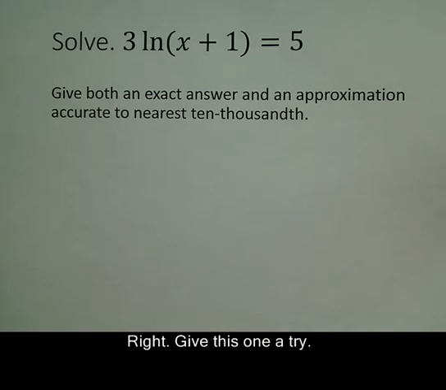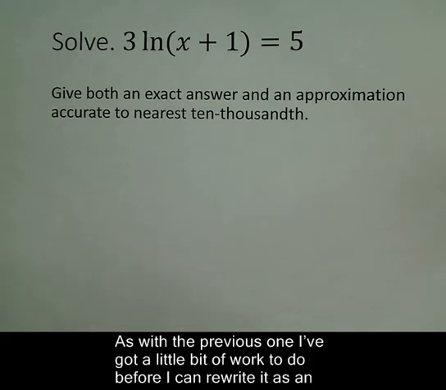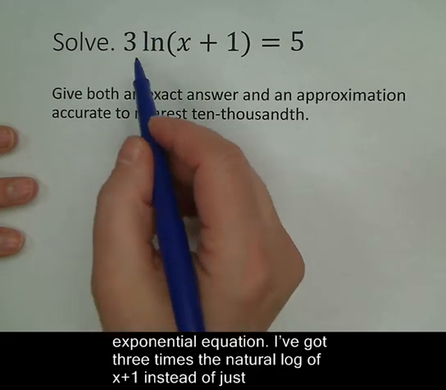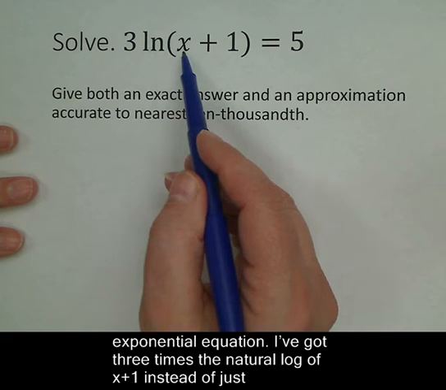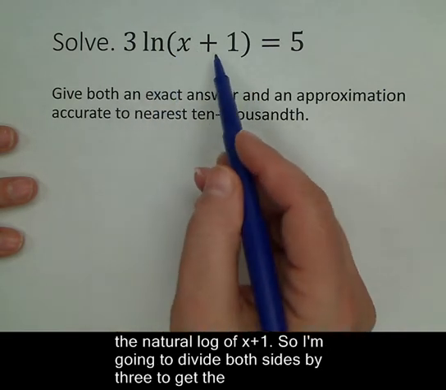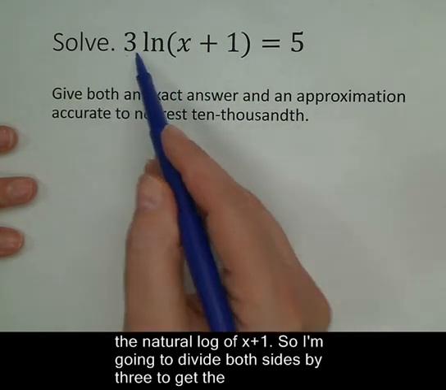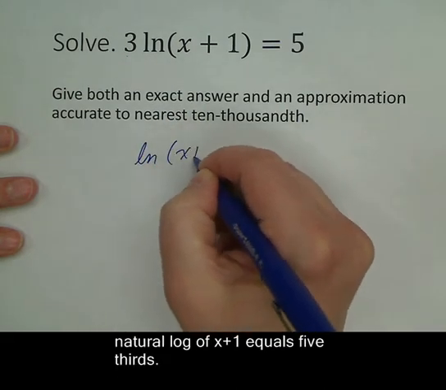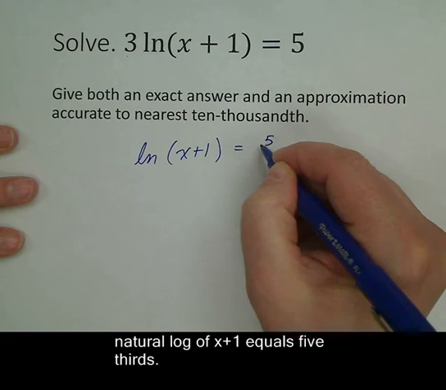All right, give this one a try. As with the previous one, I've got a little bit of work to do before I can rewrite it as an exponential equation. I've got 3 times the natural log of x plus 1 instead of just the natural log of x plus 1. So I'm going to divide both sides by 3 to get the natural log of x plus 1 equals